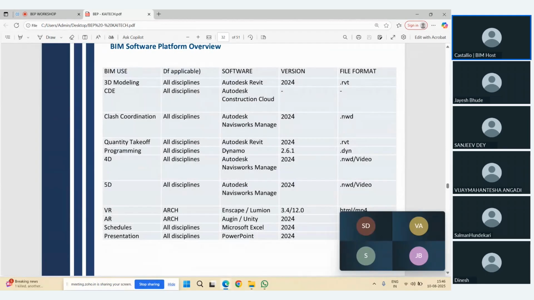Then the BIM software platform, like 3D modeling for all disciplines, we majorly use Autodesk Revit. Which version will we use? Definitely they are using the 2024 version and the .rvt file format. Okay, why not 2025? If the same question comes to your mind, then